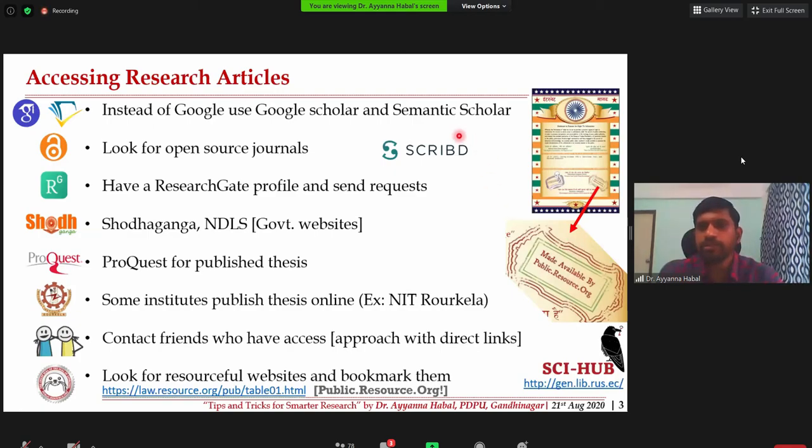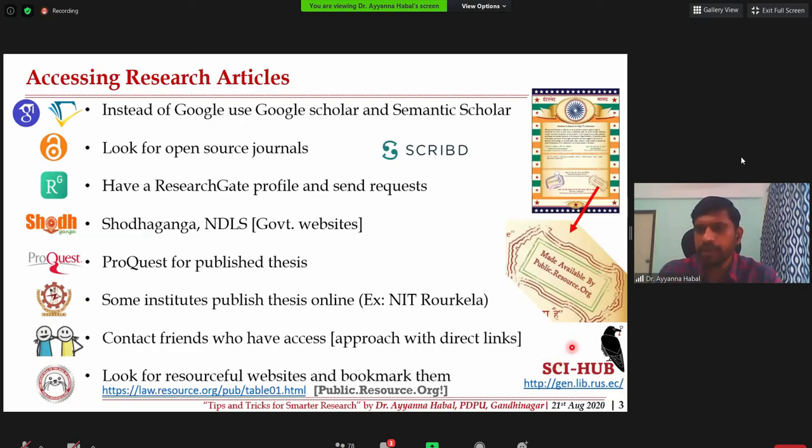And one more is something called Scribd. This is also a platform where you can see many PDF files, books, standards, some published literature. However, you may need to upload your own to get access to other resources. You can think of this as one of the resources to access data. And one more is Sci-Hub.